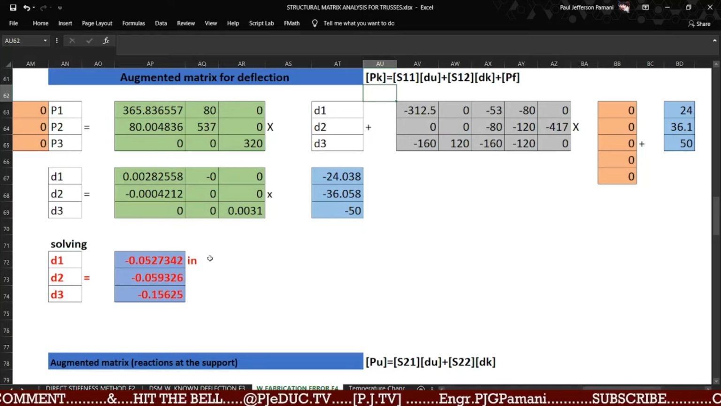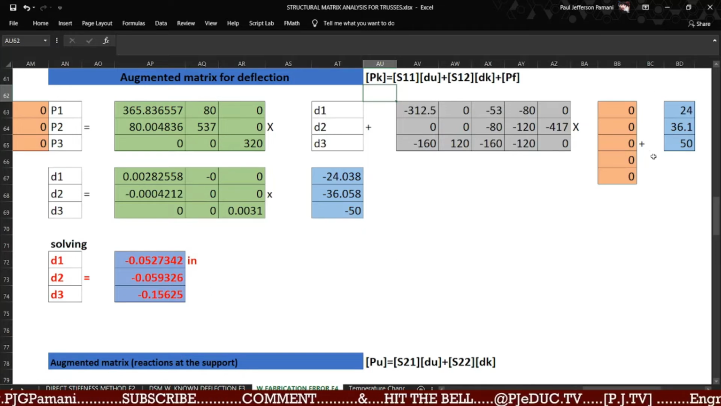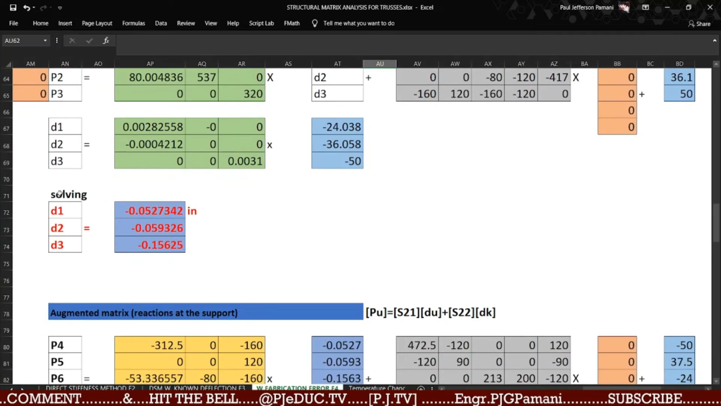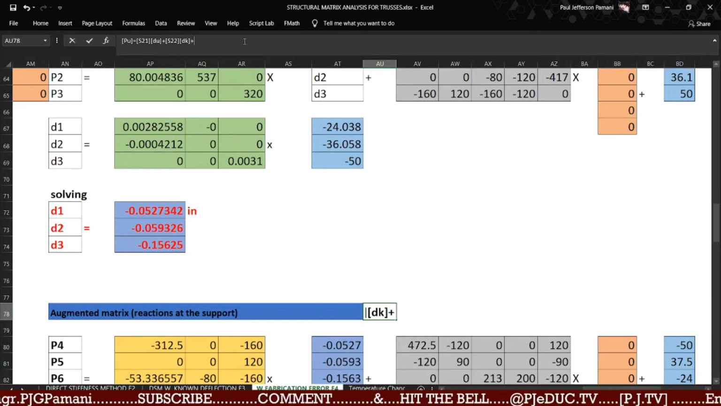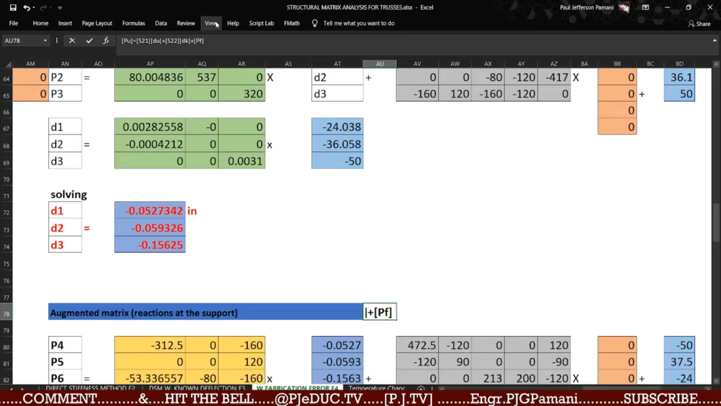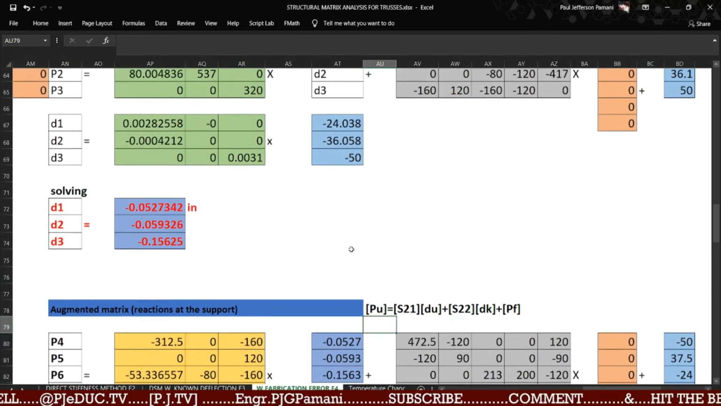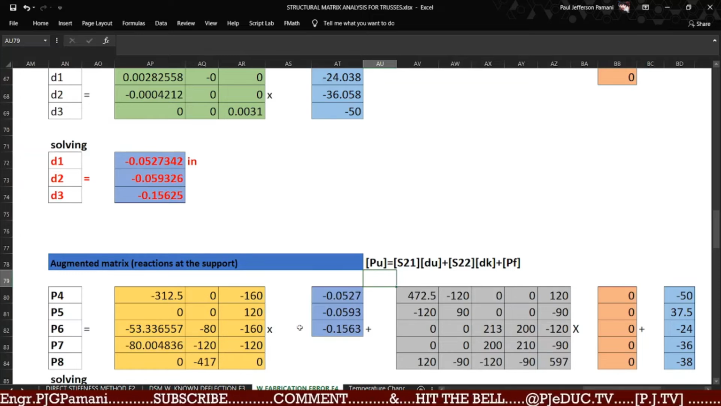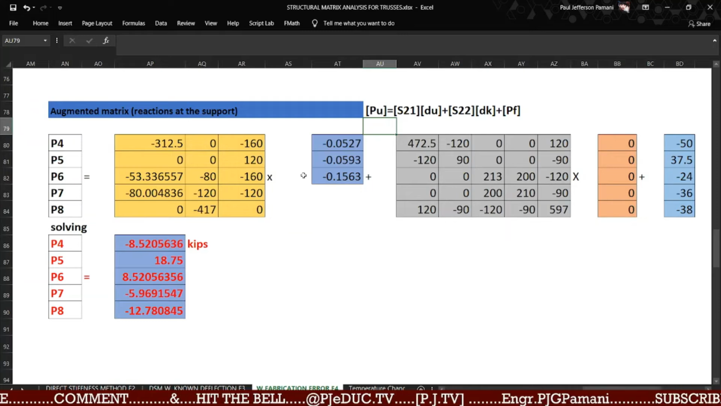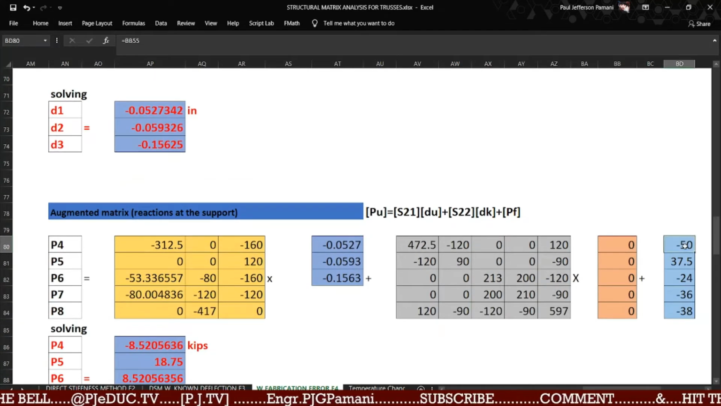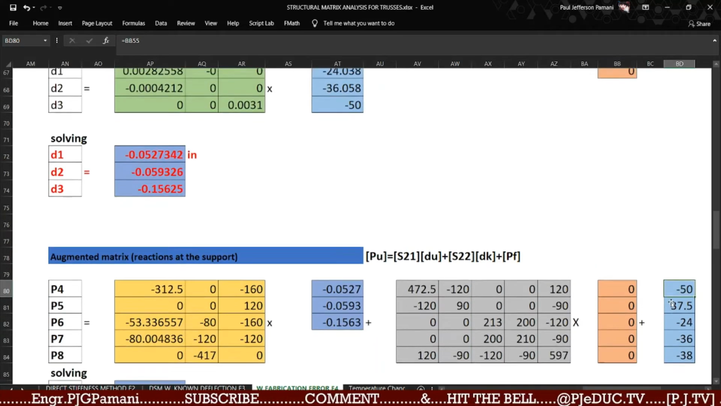Considering a fabrication error with member 3 and member 4 of 2 short 1/4 inch. May na-introduce lang na bago. Everything is just the same. D1 to D3. Then, same goes in computing the unknown forces or unknown reactions at the support. So the unknown reactions at the support, that is now your S21 matrix times the unknown deflection D1 to D3 plus your S22 matrix times the known deflection plus the adjustment force PF for D4, for PF4 to PF8. PF4 to PF8. Yung na-solve natin kanina, eto,